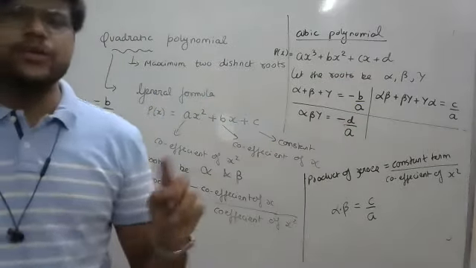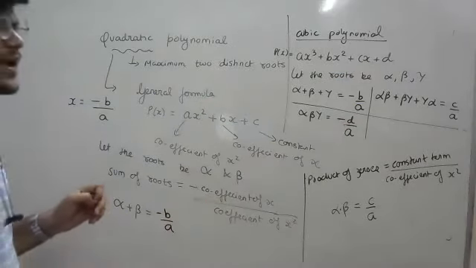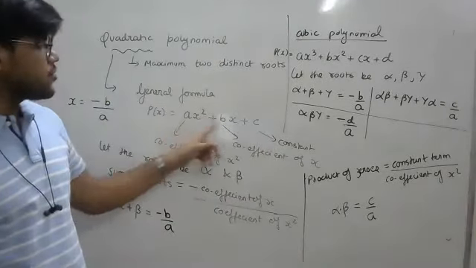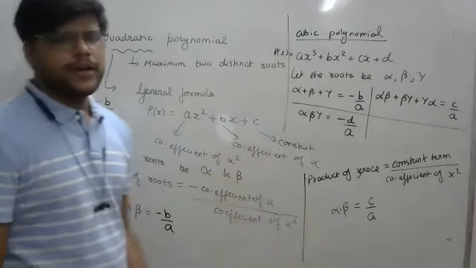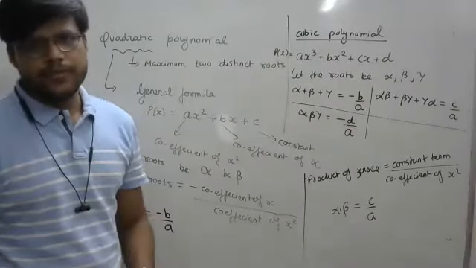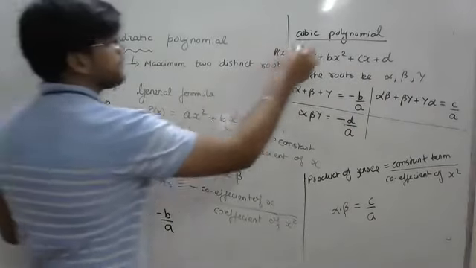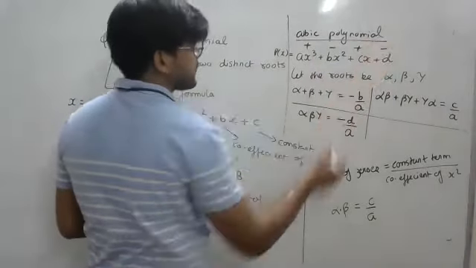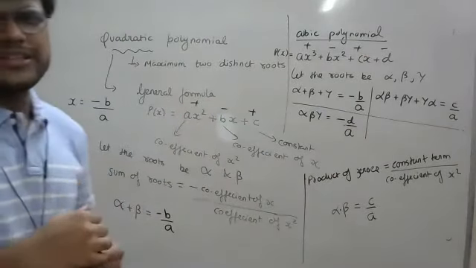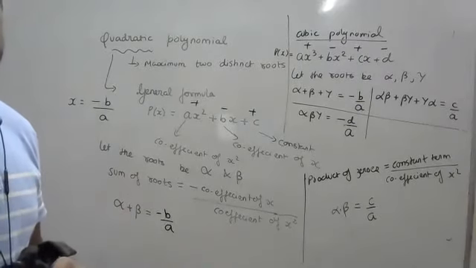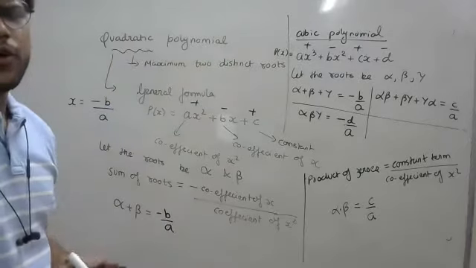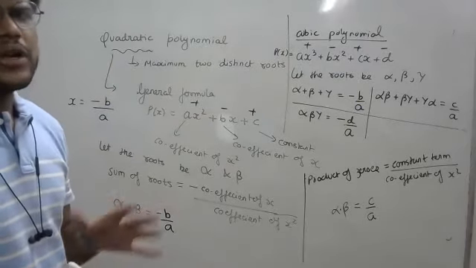Now, how to decide if it will be minus or plus? That depends on the number of terms. If you have an odd number of terms, 1, 2, 3, then it is positive. And if you have 4 terms, then it is negative. So basically positive, negative, positive, negative, positive. So this is a relation. You will understand this at a later stage, when you try to write the formula for biquadratic after cubic.